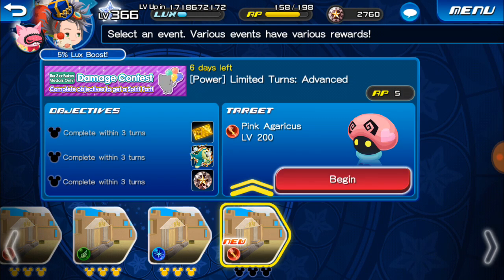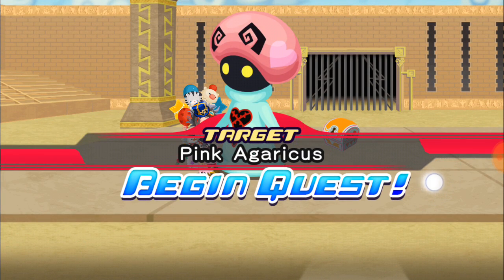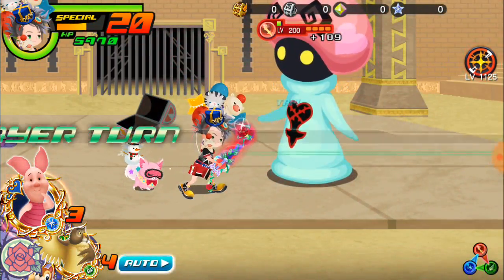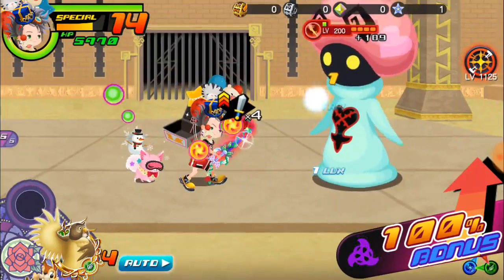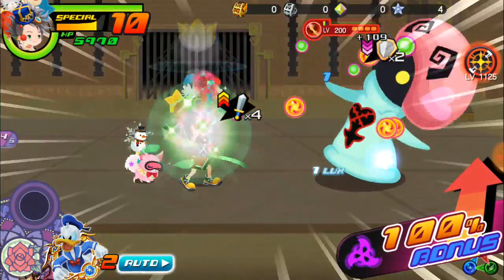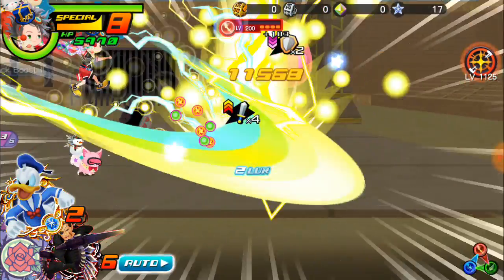So now that anniversary is over, what are you guys going to save your jewels for now? Let me know down in the comments below. Personally, I think I'm going to be saving more so for the new Organization 13 medals that are going to be coming out. Hopefully they do a falling price deal for those, but if they don't, it's not the end of the world again, because I think they might have just done a falling price deal for Vexen because